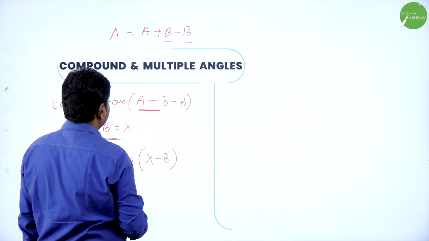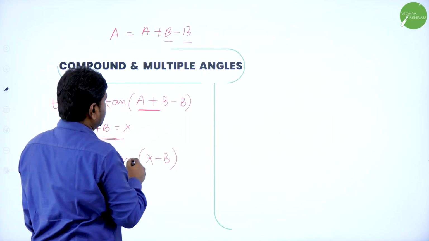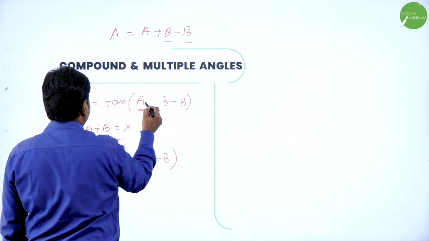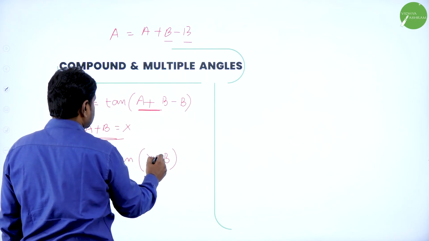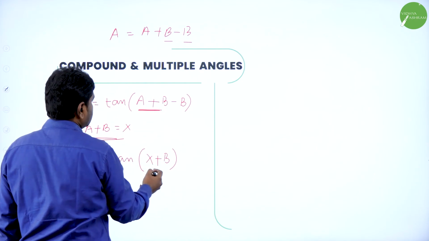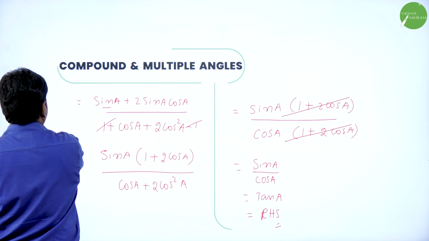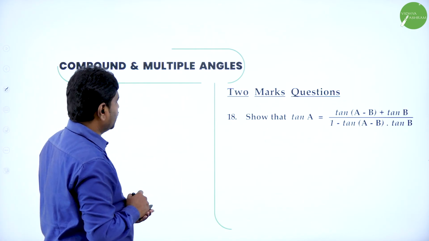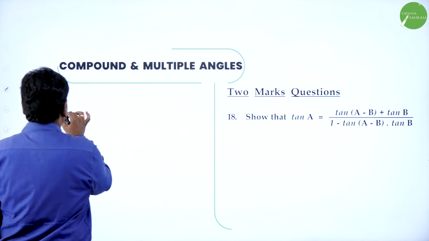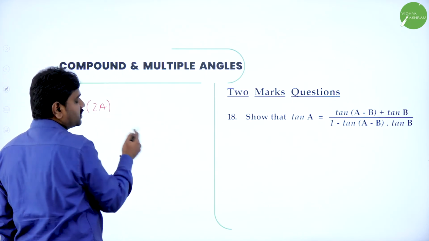Or I will do minus B and plus B, because we have to depend on the RHS. So now it will be x minus B. Here, A plus B minus B. Now what we need to prove is in terms of A minus B. Same problem we will do by another method. You can see A minus B. One method I thought is also better: take RHS, arrive at LHS.